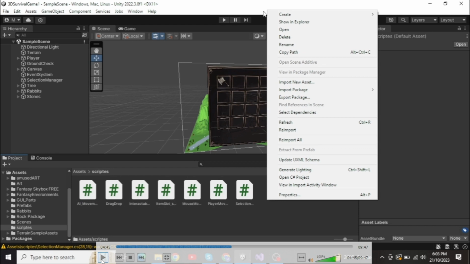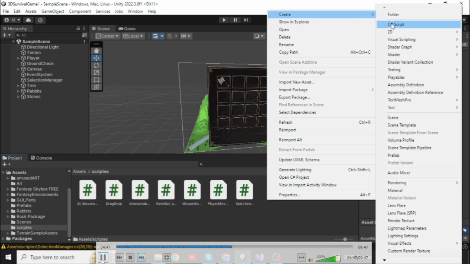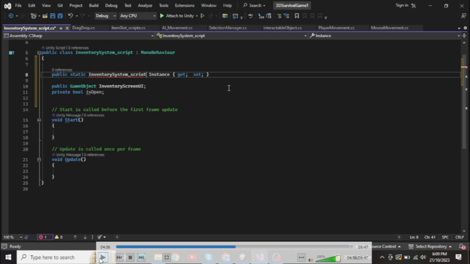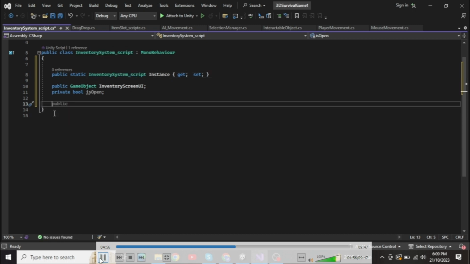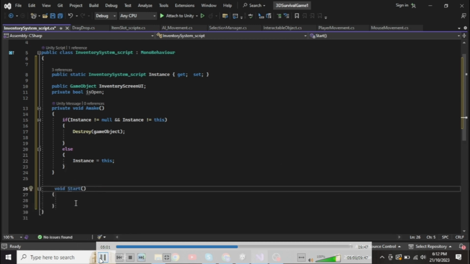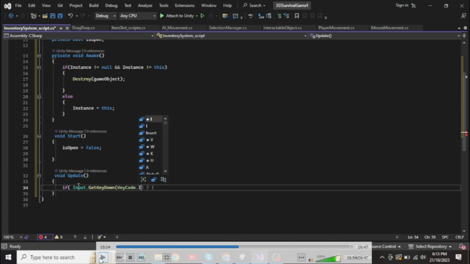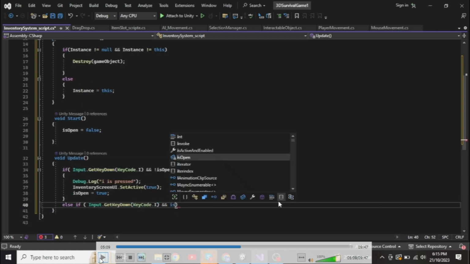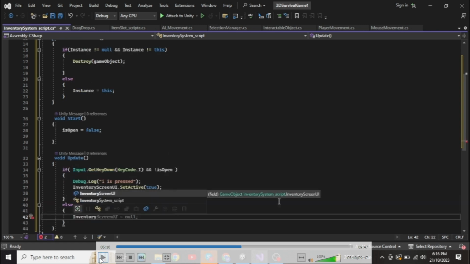Now it's time to add the inventory script. Simply create another C# script and call it inventory system. Declare the inventory screen UI and make a bool type isOpen for checking whether the inventory is open or not. Then simply make a singleton, we will use it later but not in this video. Then in Start, isOpen is equal to false, like when the inventory is not open. And in the Update function, we simply make a condition: if we press I and isOpen is not true, meaning it is closed, then